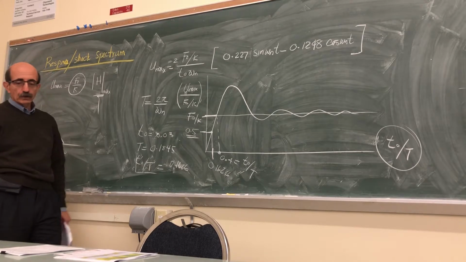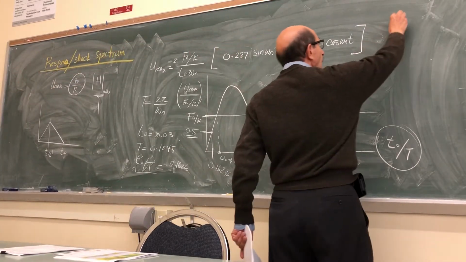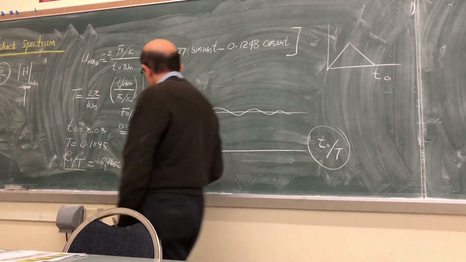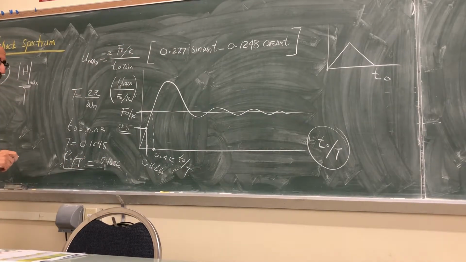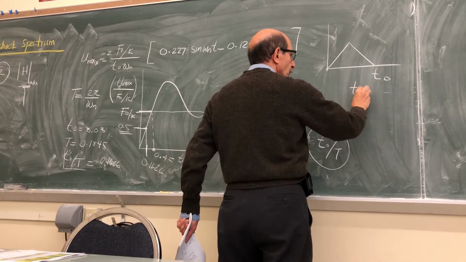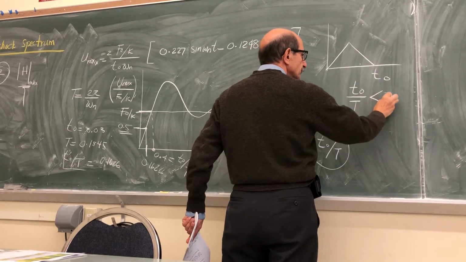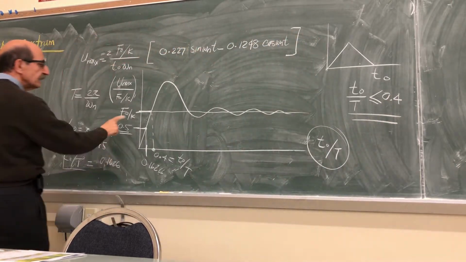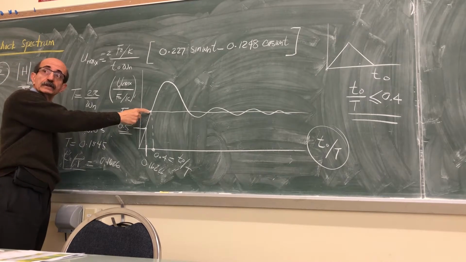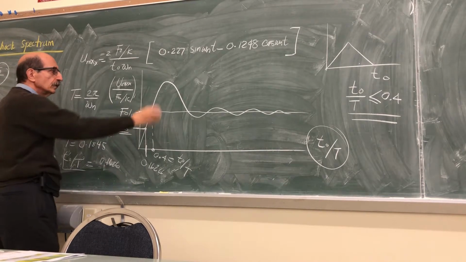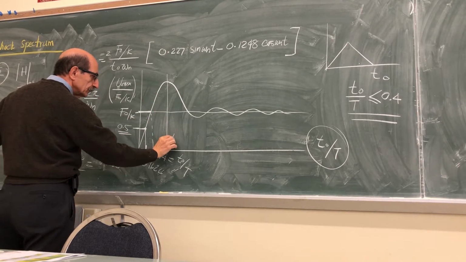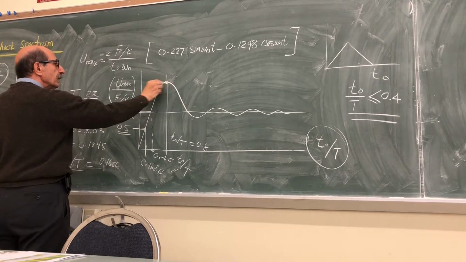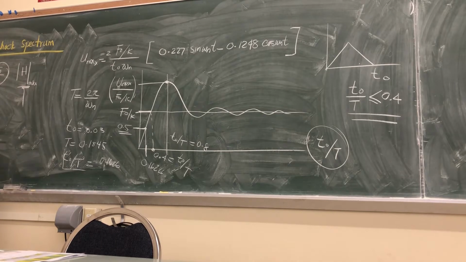Or in other words, you can conclude that if you have a shock loading which looks like this, okay, as long as this T0 over the natural period is less than or equal to 0.4, the dynamic response would never exceed the corresponding static displacement. Or here you see that for T0 over T, which is 0.8, you have the absolute maximum